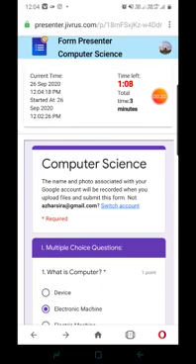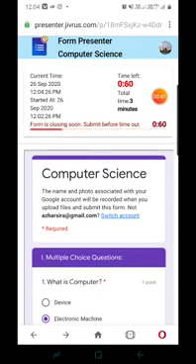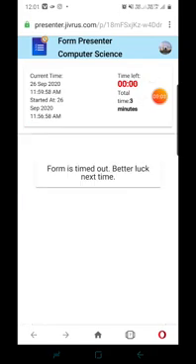See here, now time has come near to 1 minute. When it reaches 1 minute, a message will start just below here in red color. Look, the message has started. Form is closing soon. Submit before time out. See here, the line is moving forward. Before this line completes and before your time gets closed, you need to submit your form. If you are not able to submit your form, then what will happen is, you have not submitted your form in time.